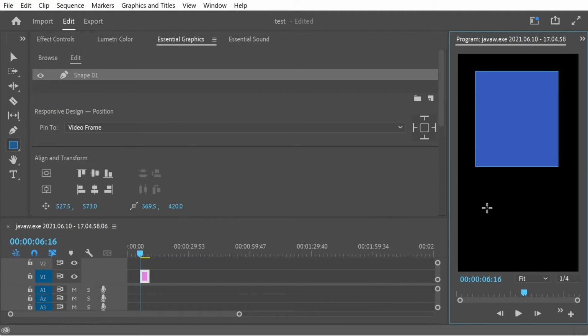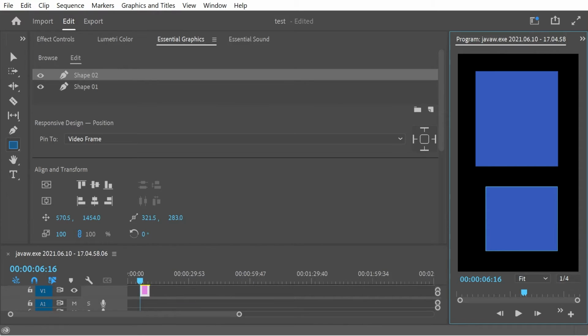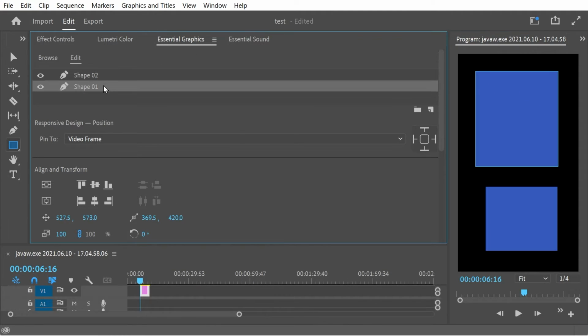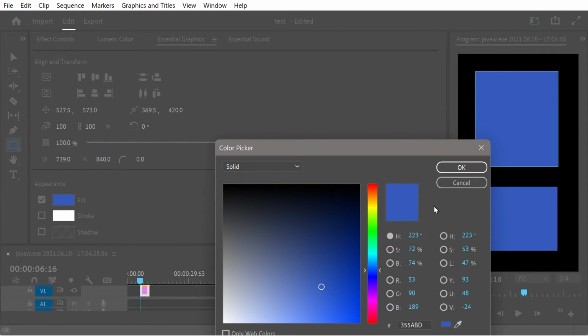But for now, I want to look at working on the same layer. So we're going to just check out the same layer stuff. To make things a little bit clearer, you can see obviously we've got a shape 1, we've got a shape 2. And what I'm going to do is make one of these shapes a different color. So we'll make this one